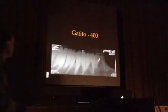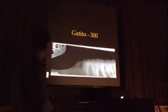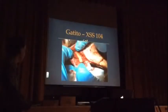And even on that one tooth I showed you that looked normal, you can see how there's a hole in the center and a perforation. There's actually, starting to get a little fracture line on that tooth. So, I mean, even with the x-rays, and this is the one that was just down in pieces. It's just in pieces, just sitting there. So to make a long story short, we had to cut all these teeth out,